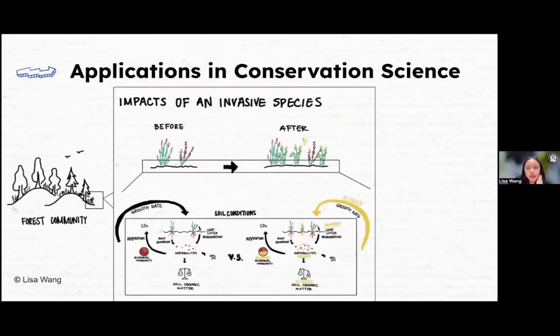But we'll start with impacts of invasive species. I thought it was cool that a lot of other presenters are working on some of the examples that I'm about to show you. But again, with ecology as well, I start from the macroscopic level, the entire forest community. Again, I zoom in on individual plants in this case, right? So showing students the before and after of what it would look like when you have an invasive species, and